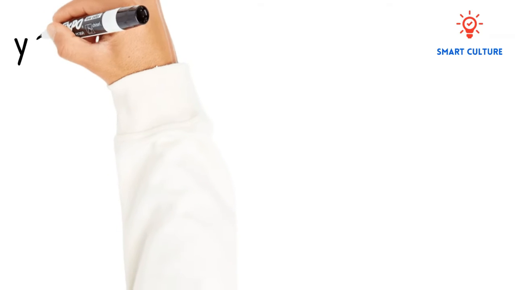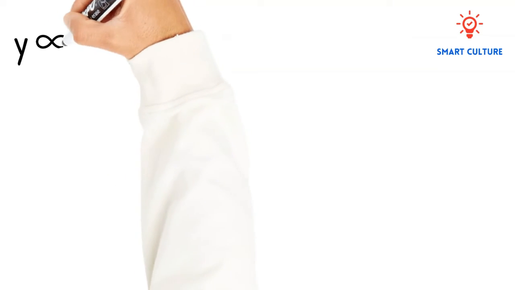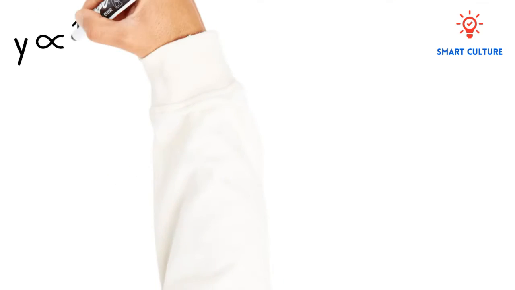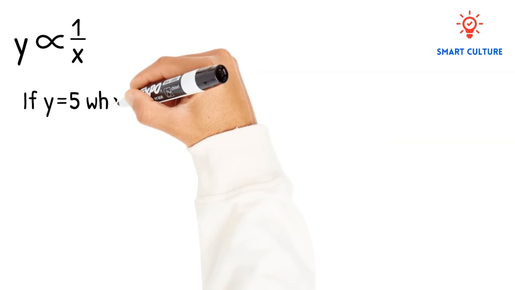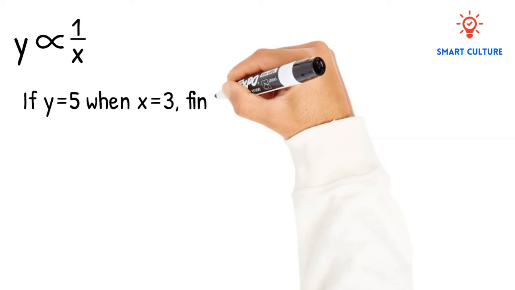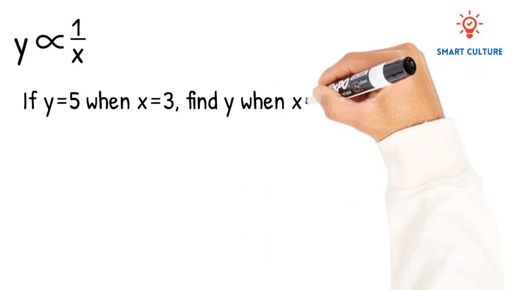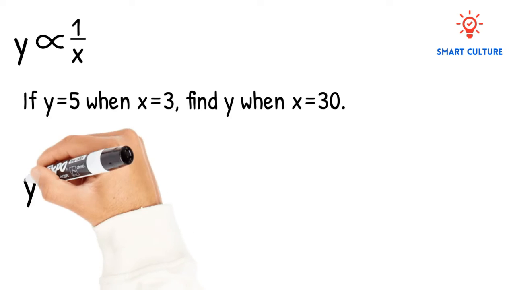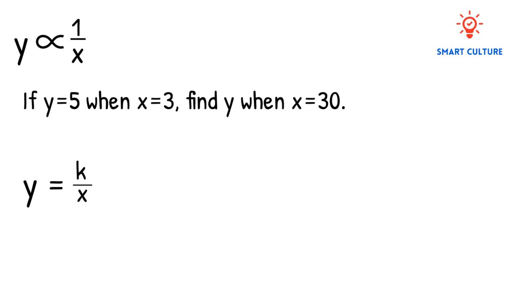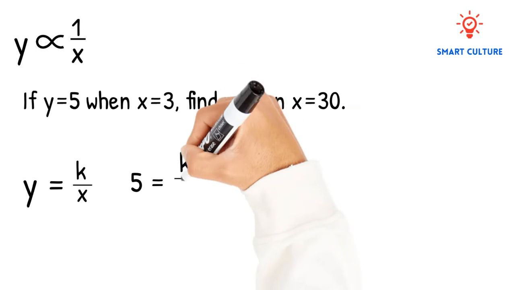Let's take a look at another example. Here we have y is indirectly proportional to x. If y is equal to 5 when x is equal to 3, find y when x is equal to 30. So again, we'll use this formula, y is equal to k over x. And what we want to do now is determine the value for k, which is the constant of proportionality. So remember, we have the value for y, which is 5, and we have the value for x,